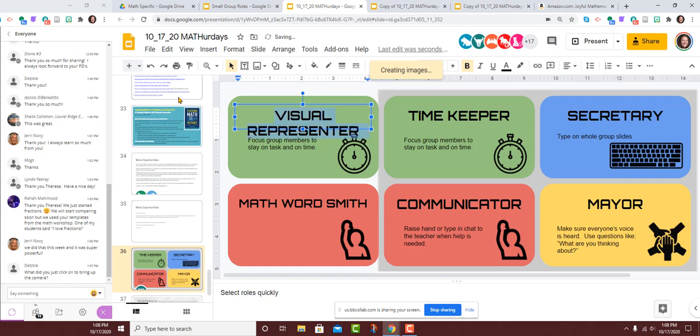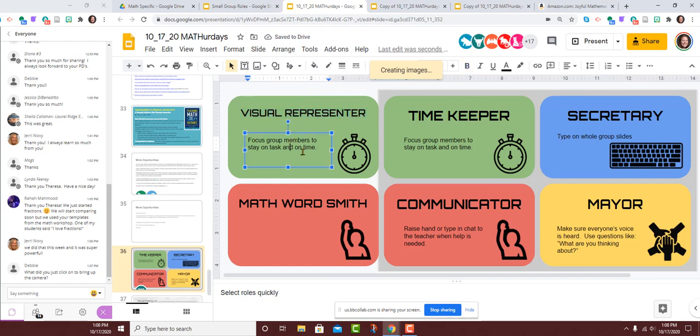So that kind of brings us into, I often think about the Lesh model for having multiple representations. So they're in charge of making sure that they all show up. Yeah, and only one person is allowed to move it around, so everyone else has to use their voice. Only one person is allowed to hold the pen. And then the only person who can do whatever kind of explaining, why did you use that strategy? How did you solve it? What made you use that representation? Whatever the writing is about, that's what the MATHwordsmith does.